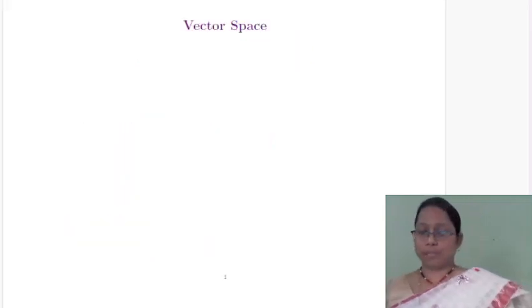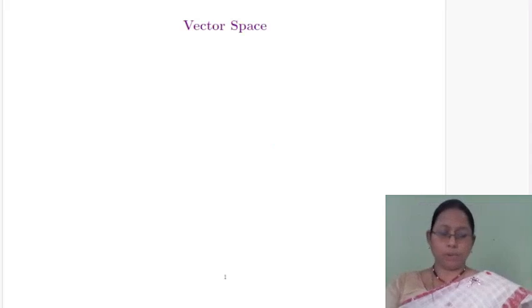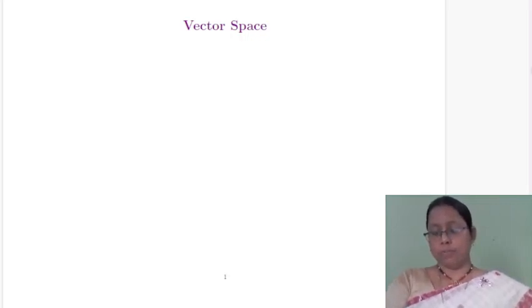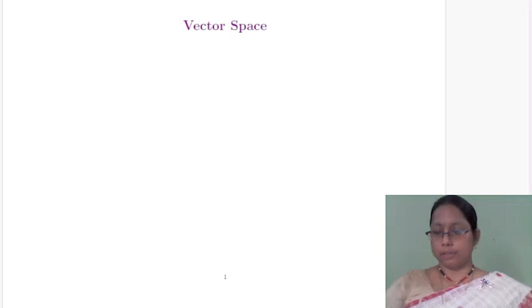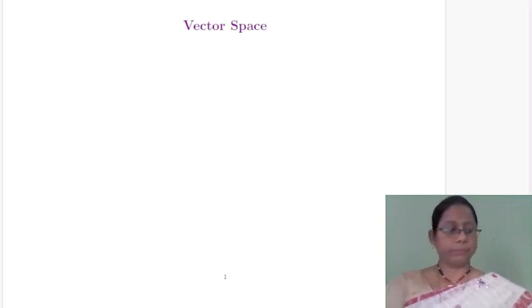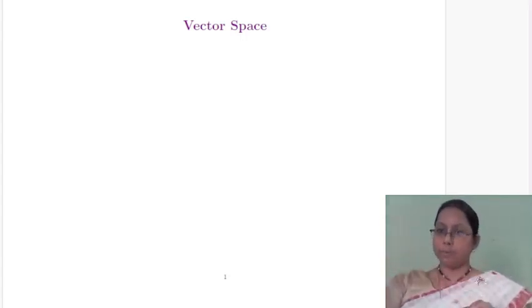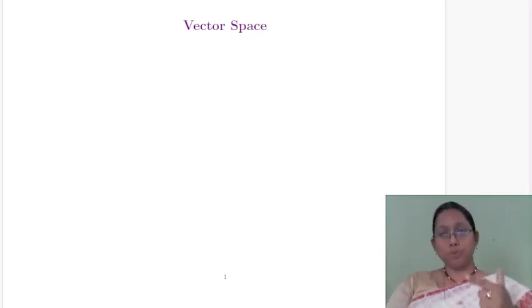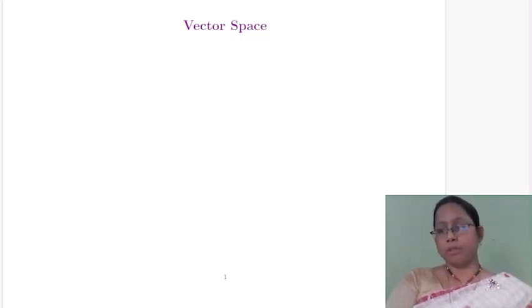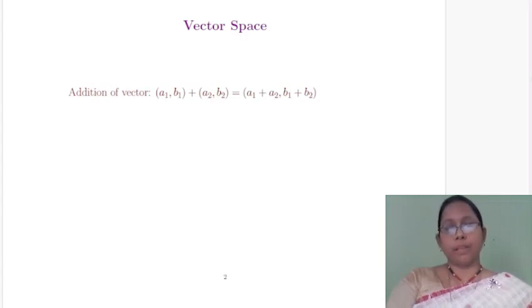Next is vector space. Vector space originated in the study of vectors in geometry and mechanics. A vector in maths is defined as a directed line segment. The initial and the terminal point with respect to a fixed coordinate system is regarded as an ordered pair. So vector addition is defined as this.